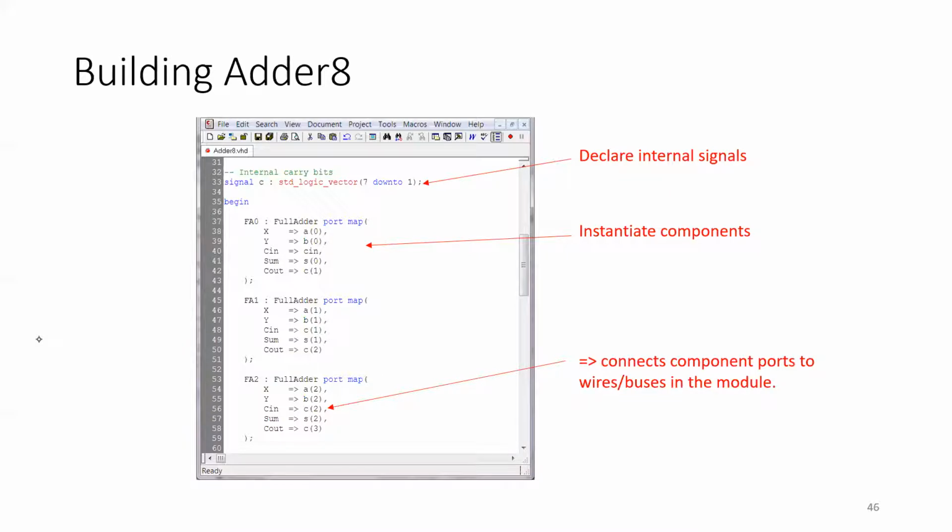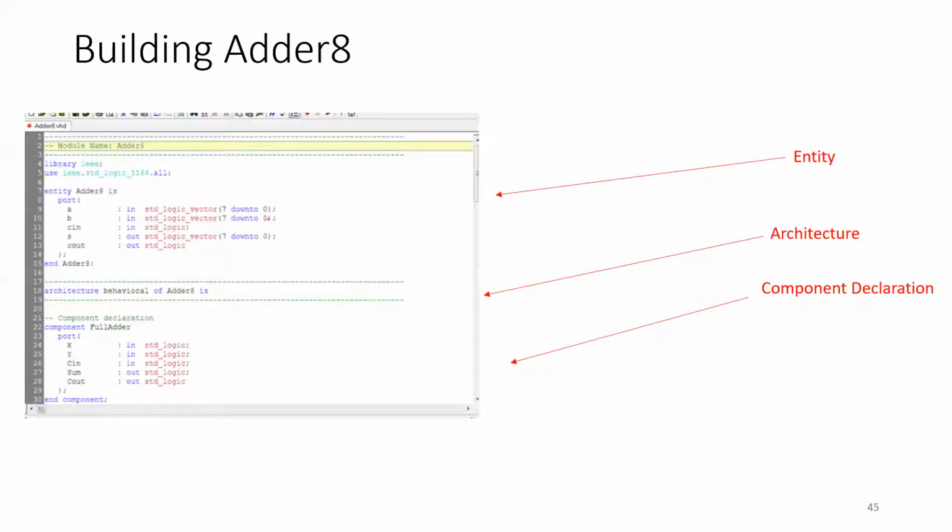And here I declared my signal, and this is my first full adder, FA0, the lowest bit. Those are what I have: